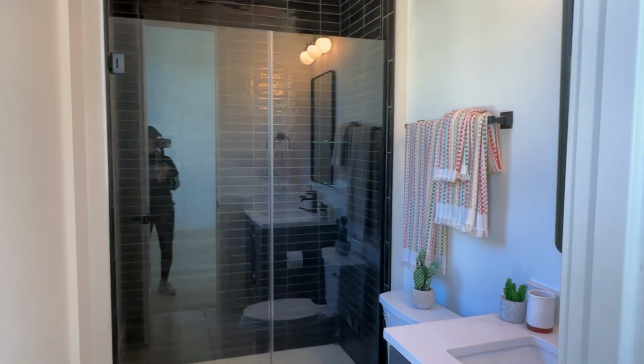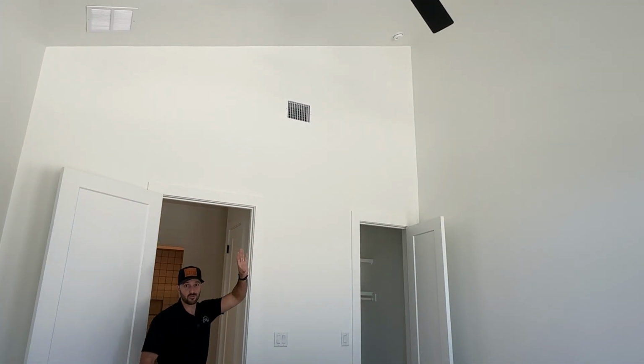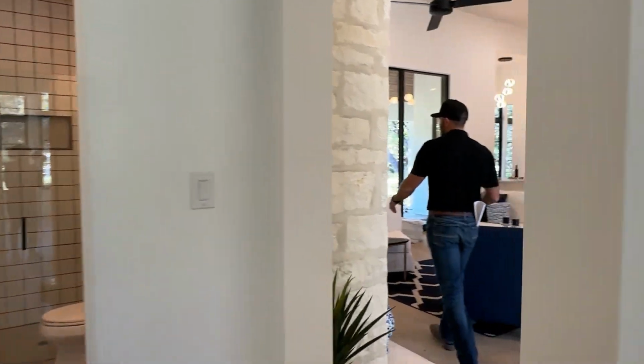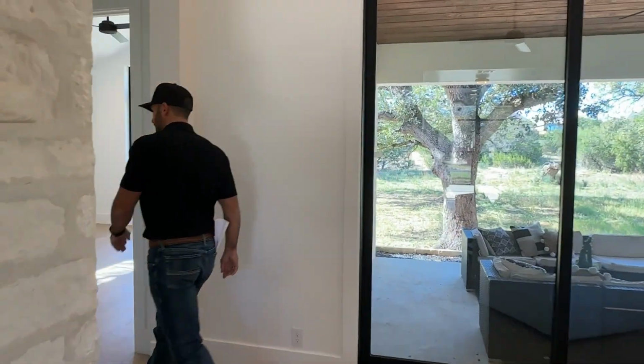Like I said, 4 bedrooms, 4 full bathrooms. These huge tall ceilings everywhere you go in this house. It kind of goes with that modern facade on the front of the house, that front elevation. And then last but not least, inside the house, we'll take a look at the master suite. So this master suite,